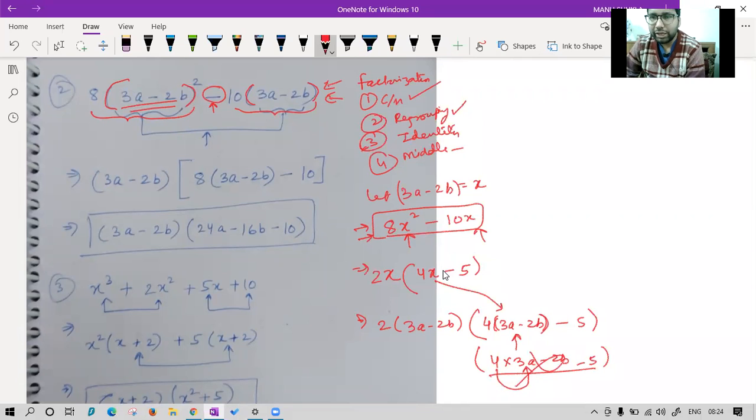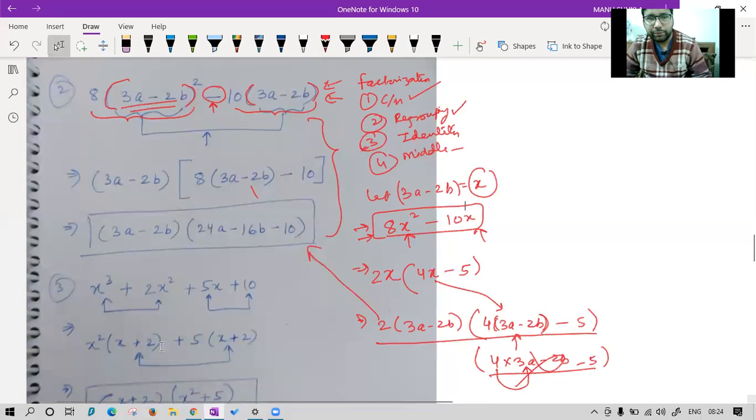Whenever you put a value for the variable, you have to put the brackets and then you have got the simplified form, which is same as this one. So if you are not able to deal with larger numbers, you can make them small by assuming a different variable x, y, z or whatever you want.